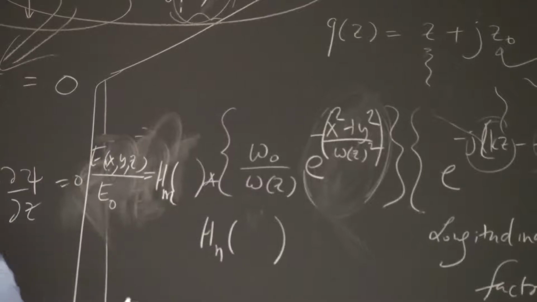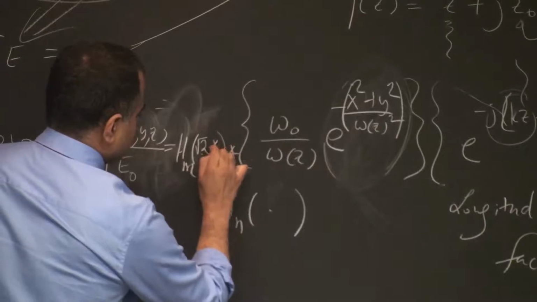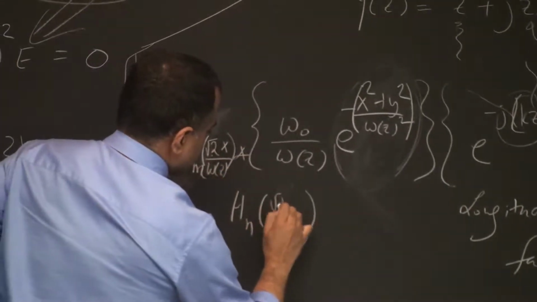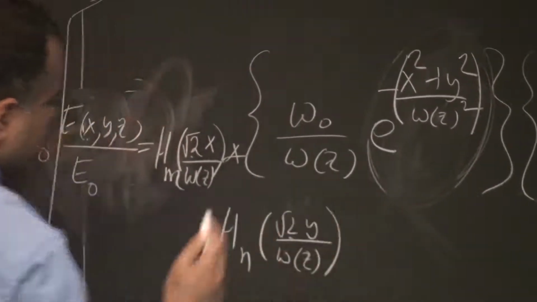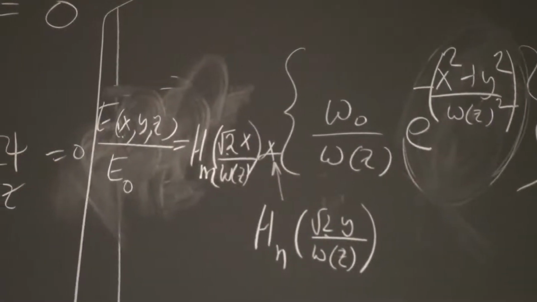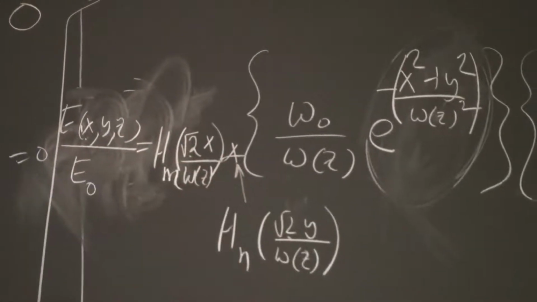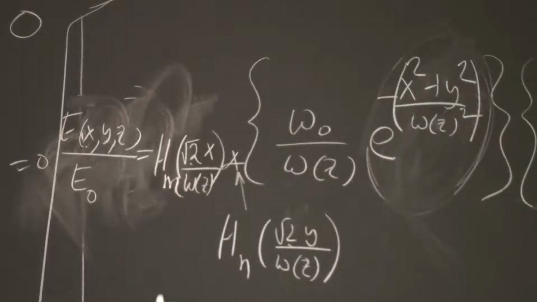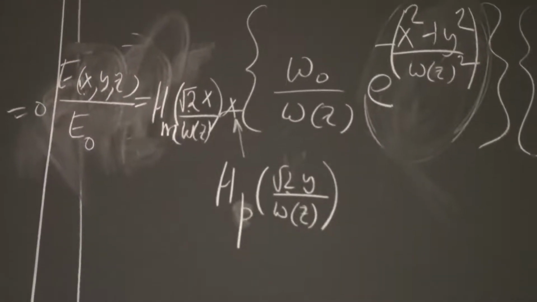And these Hermite polynomials are with some arguments which, let me write that down. It's square root of 2 times x over the beam width, or the diameter, square root of 2 y over the diameter along z. So that's how it looks. So these are two factors which are no dimensions, just numerical factors that appear. In fact, I think in the book it uses m and p because n has been used for refractive index earlier.